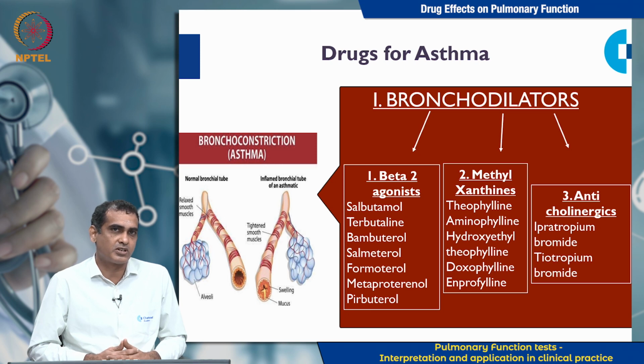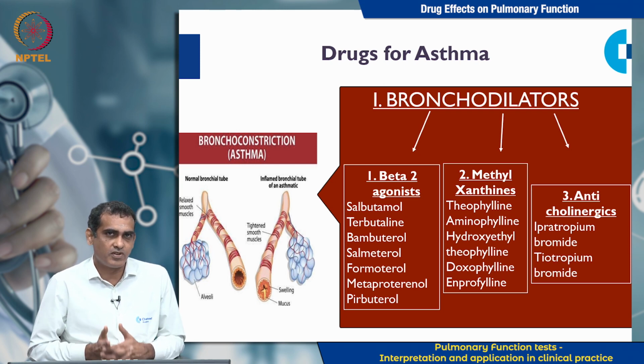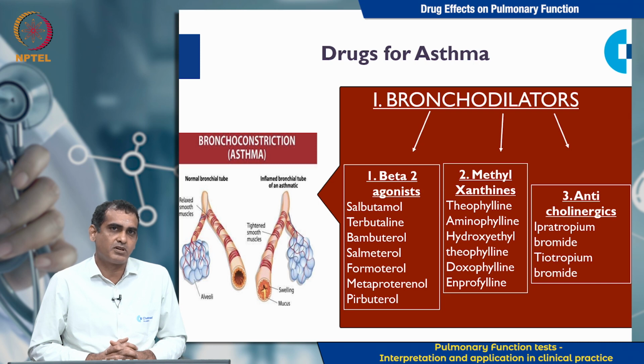Acetylcholine is the primary neurotransmitter, and when acetylcholine stimulates the M3 receptor, it causes contraction of the smooth muscle, leading to bronchoconstriction. And hence, when we want to treat bronchial asthma, we will be using anticholinergics or muscarinic receptor antagonists. We have at least two drugs that I have listed here, ipratropium bromide and tiotropium bromide. These medications block the M3 receptor, and thereby produce bronchodilation. They help the patients who are suffering with wheeze in bronchial asthma.